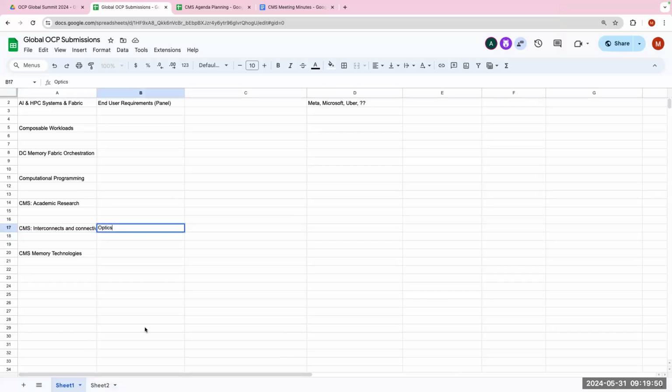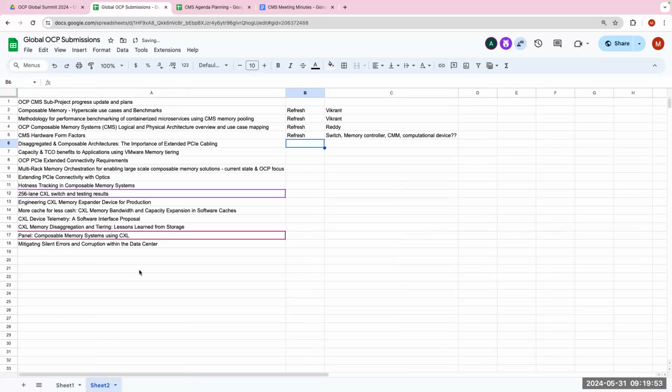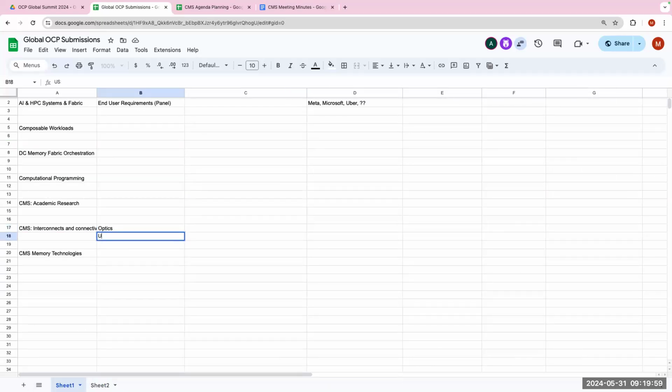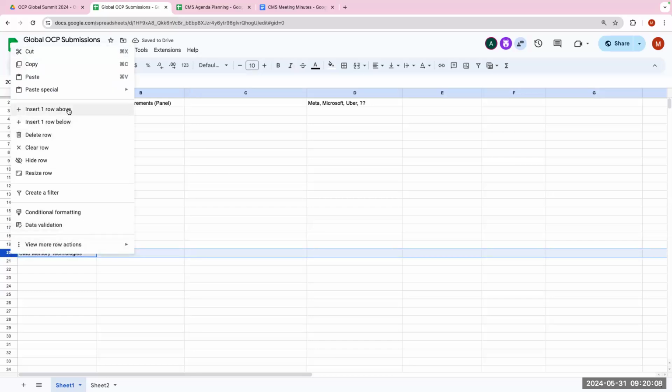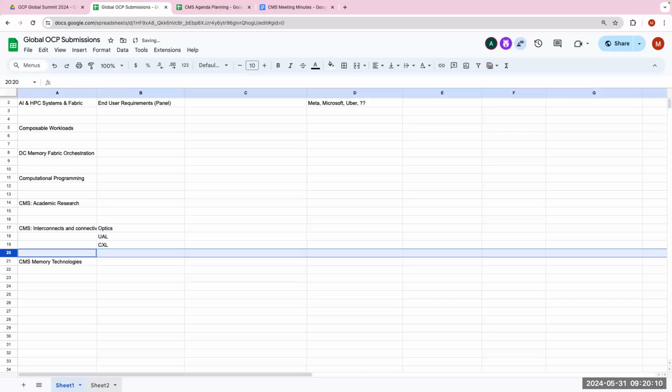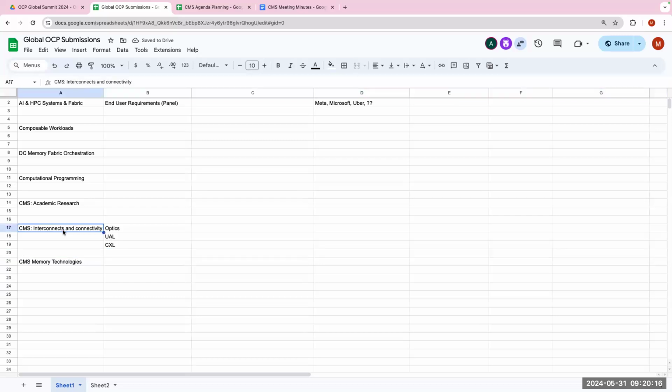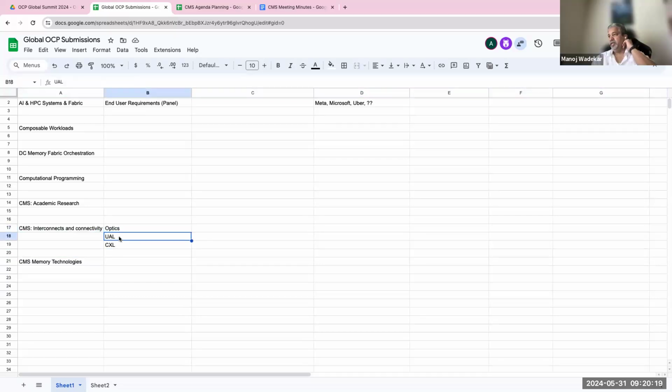I think more for this group, guys, with UAL getting announced today, there is the alphabet soup: UAL, UEC, CXL. Where are we on that? I just want our group to be on the same page with respect to system architecture diagrams, right? That is specifically why I'm putting it there. These are the two main things I had in mind: optics and UAL. This will be a good discussion. As I said, it could fit in many places, but we want to make sure we are covering it.